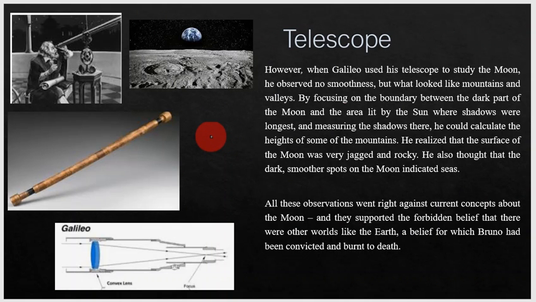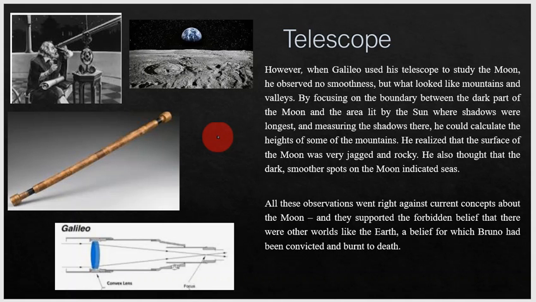Now, Galileo, being a good scientist and being very observant and very interested in looking at the world around him and trying to use logic to make sense of everything, he was very interested in what was going on around him. At the time, glass, being able to make lenses was relatively new. So there were telescopes, but they were very crude instruments, and not everybody could afford a telescope, not like today. But at that time, telescopes enabled the person using them to look a little bit further and see things with a little bit more detail.